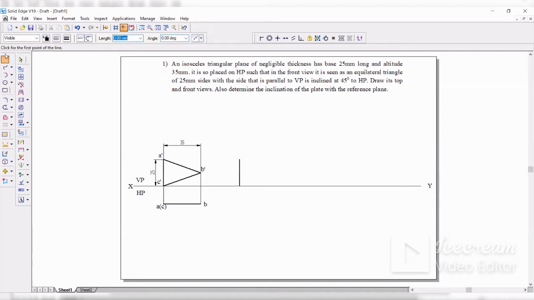What you can do is take arc by center point. This is the command, arc by center point. From here you can take and draw the radius. It is asking for the radius. I can give 25 here since it is equilateral. So I'll draw an arc from here. Again I'll take arc by center point, the same one. Now from the other corner I'll take and give radius as 25. Now it is cut. Now you can join that point here.